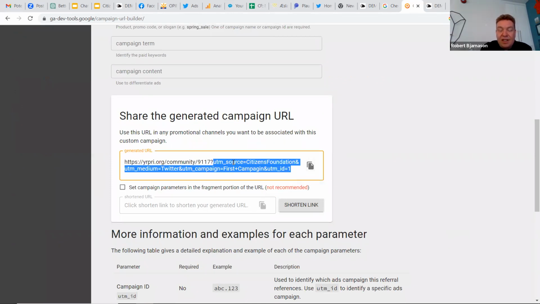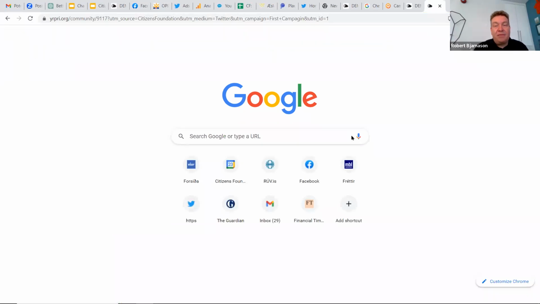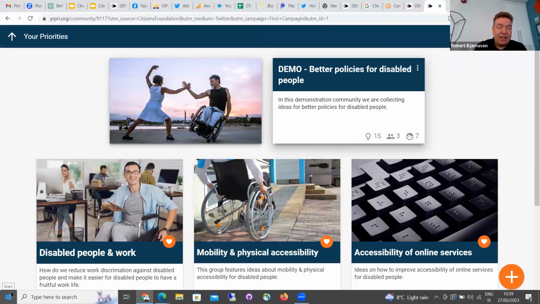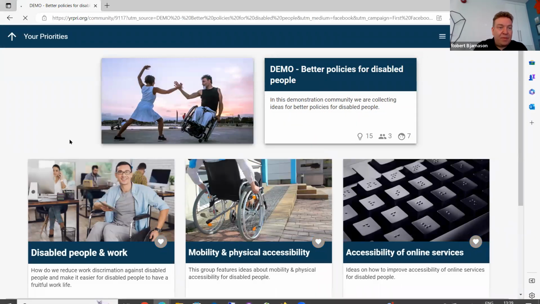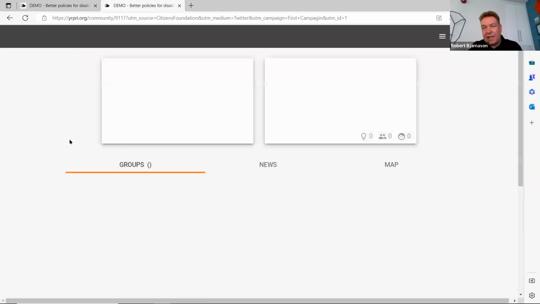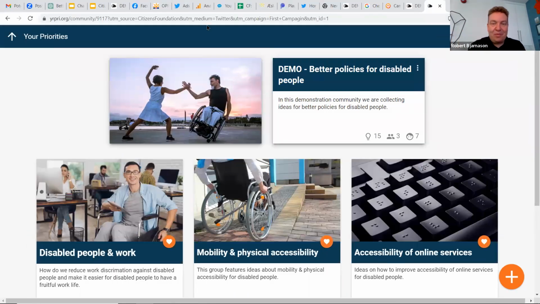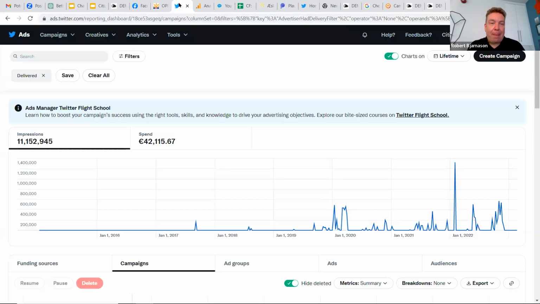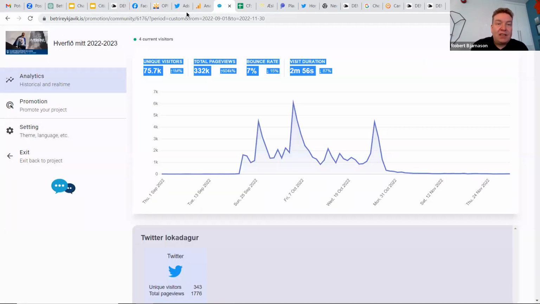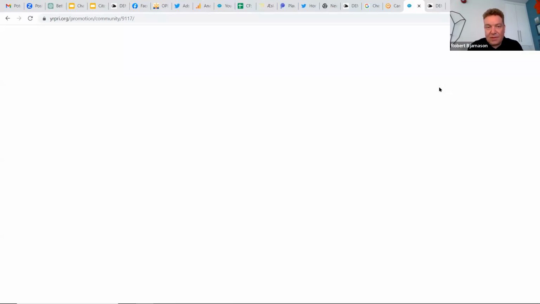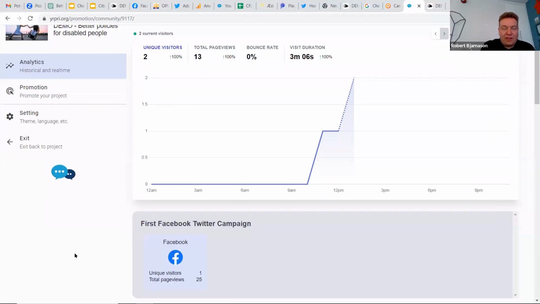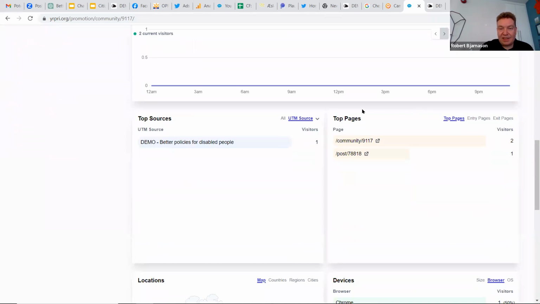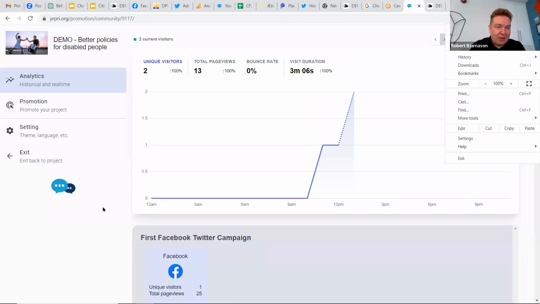UTM source. And if I copy it and paste it in here now, and go back into the ads browser, so I'm pretending to be another user, and then go back into analytics here, the menu, and now if we go into the campaign, oh okay, we should see the, I'm not sure why we don't see the other campaign I created, but